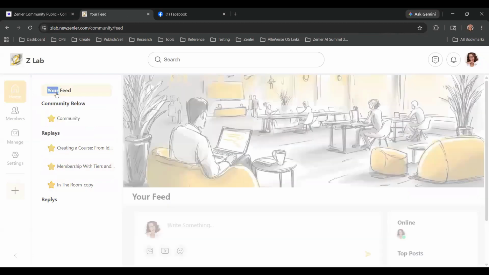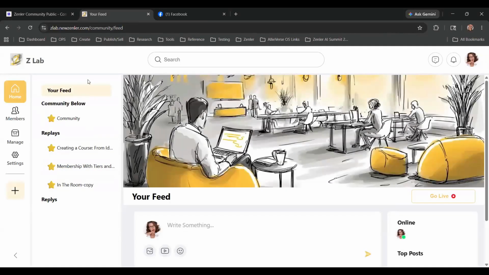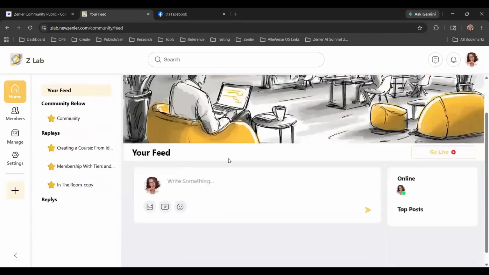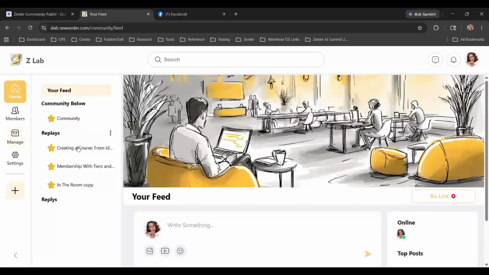So when you're in your feed, when you automatically come into a community, you're automatically in the feed of this community below area. You're not in this community or seeing these things unless you click into this area.